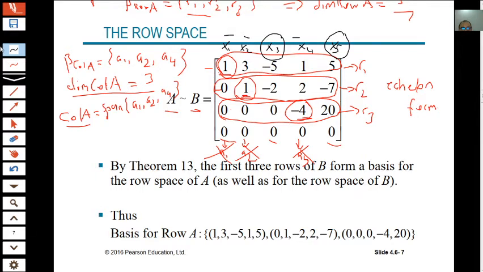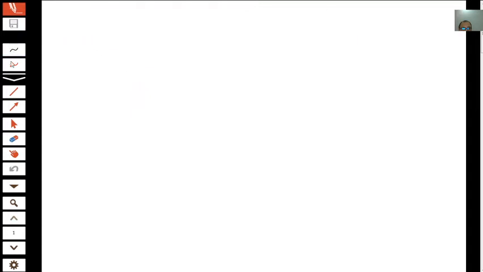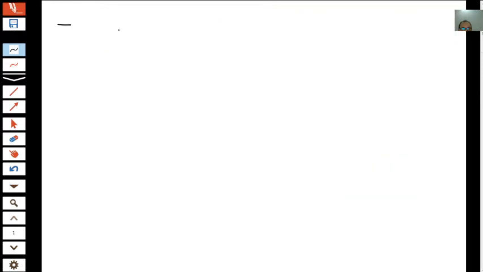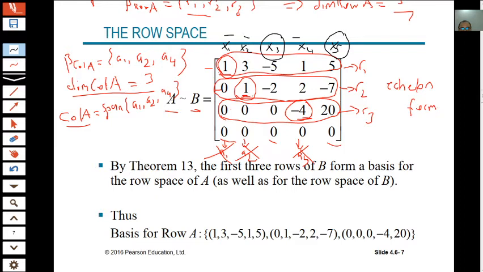By using the third row we can write minus 4x4 plus 20x5 is equal to 0, and using the second row, 1, minus 2, 2, minus 7,